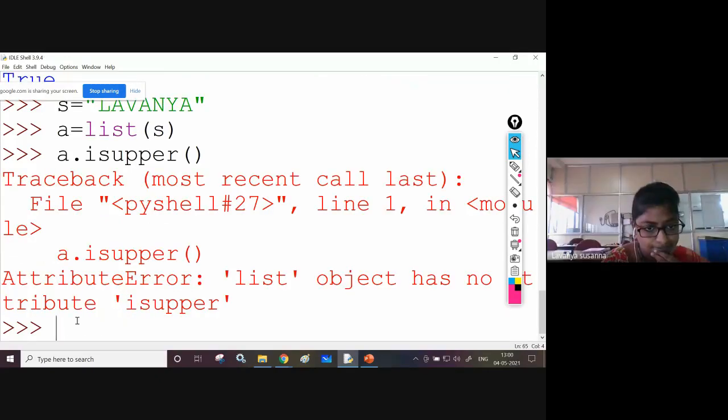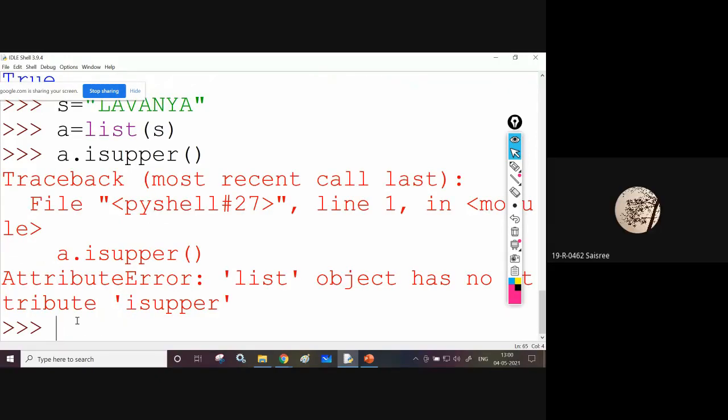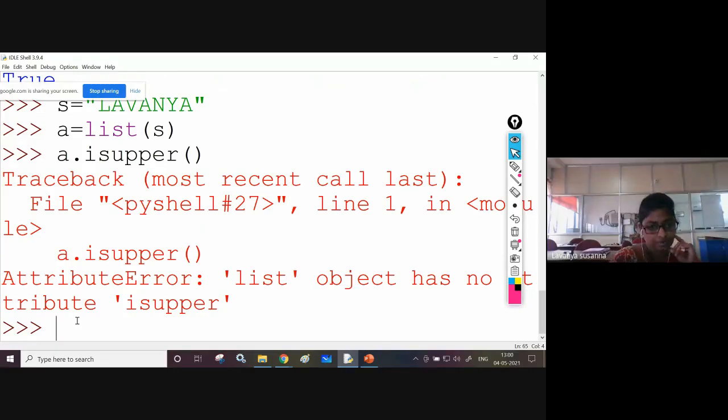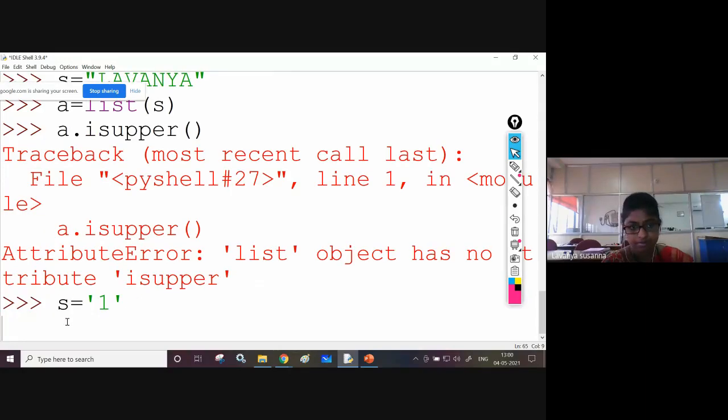It didn't come. Okay ma'am. Maybe it is used for strings only. I will see later. I think only one character you need to pass. If you pass one character it works, right? S equal to only one character. One and pass చేయాలి. S dot